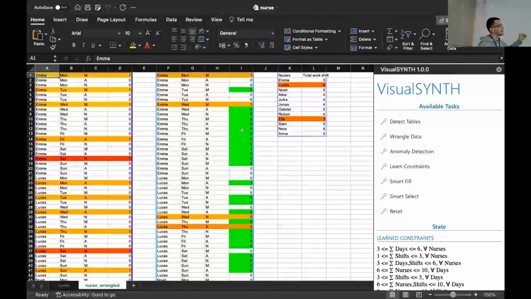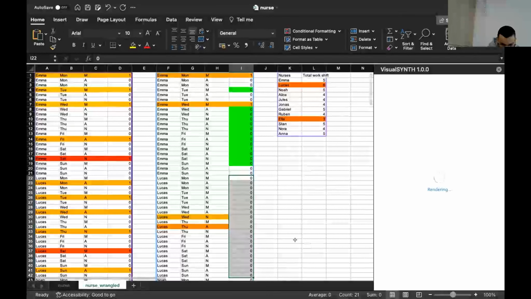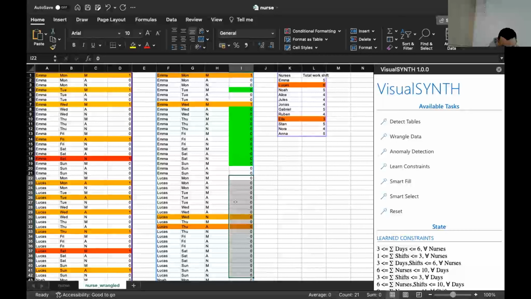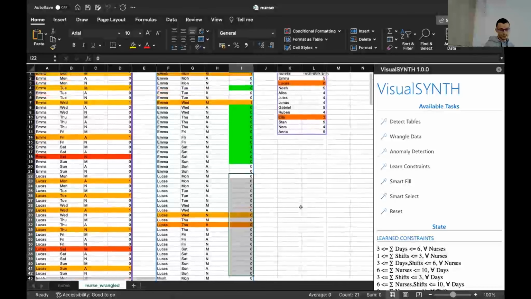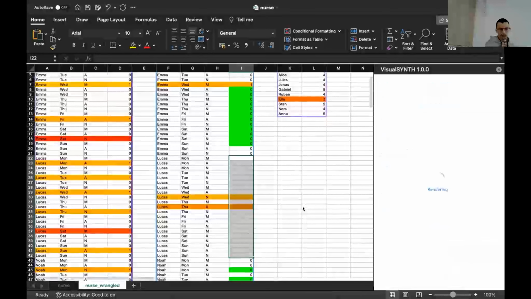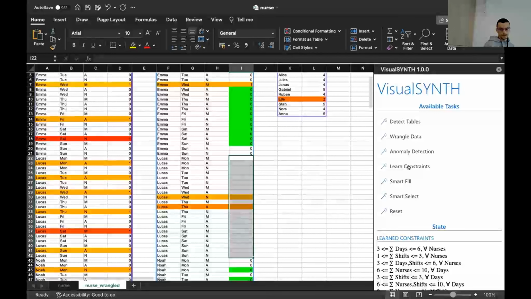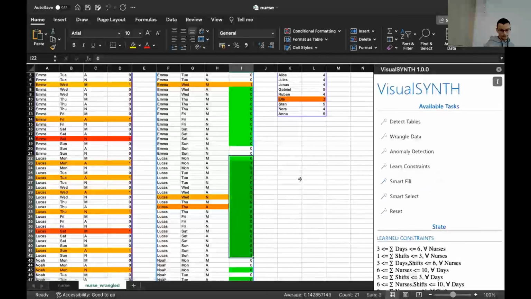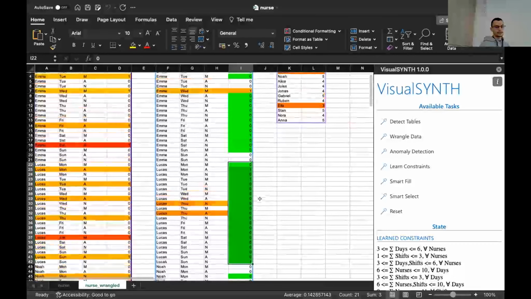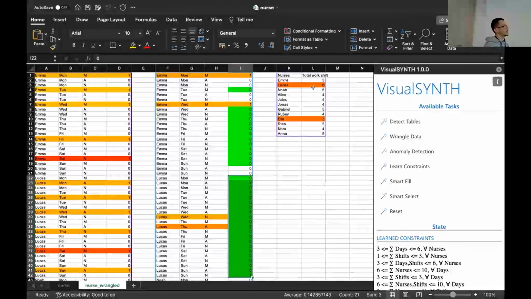If I go over Lucas here, Lucas should have some. Okay, in this case, yes, because this is given, Lucas has a sum of 0. If I delete those inputs here and then smart fill again, I should get a 6 here. Okay, in this case it's 3, because it does it over everything. So it also respects the data from the other table.